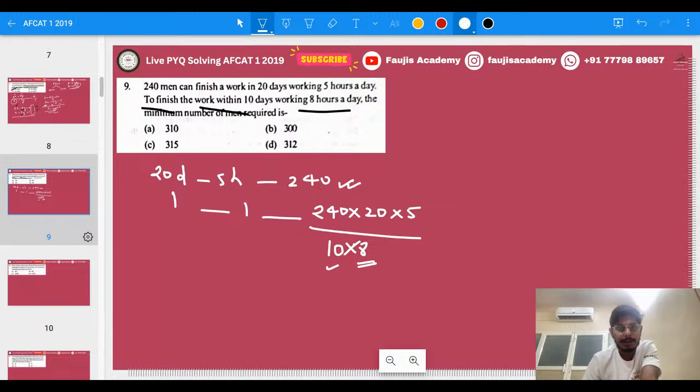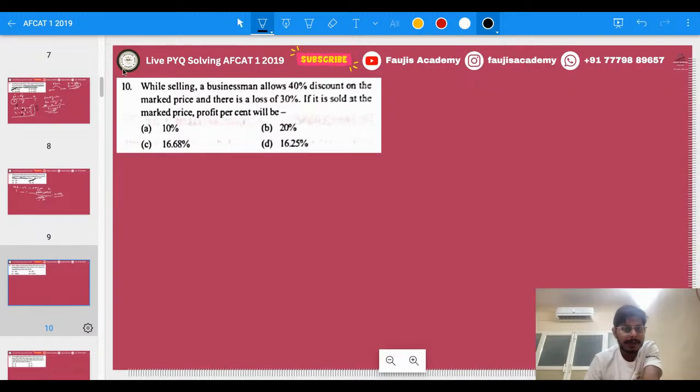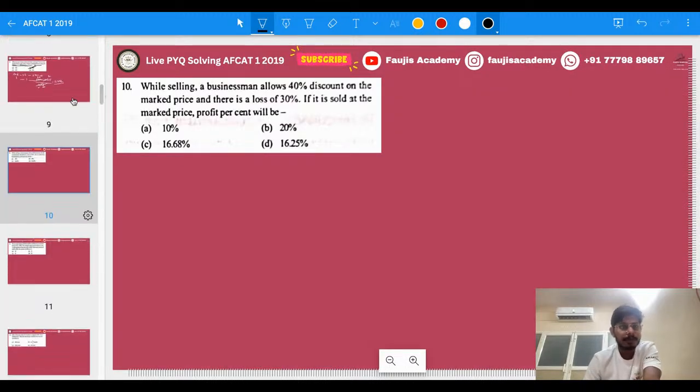Okay. Let me also calculate once. This 10, this will go 2 times. This will go 30 times. So this is like your 150 into 2, which is nothing but your 300, will be the answer to this particular question. Yes. Yes, Dinesh, Prakash, Divanathan, all of you are right. Okay. Yeah. This is